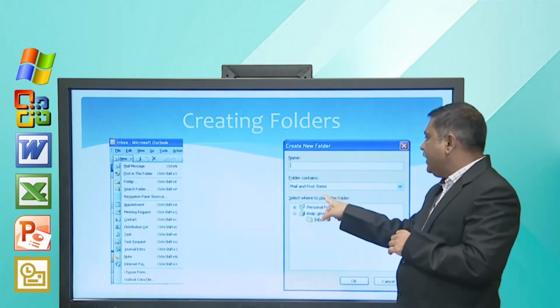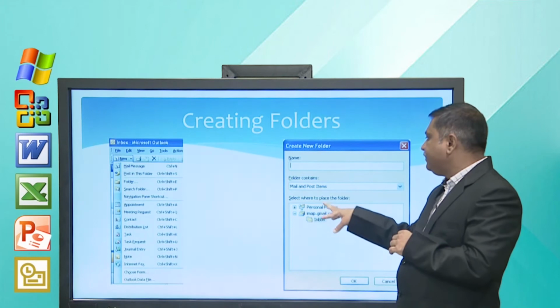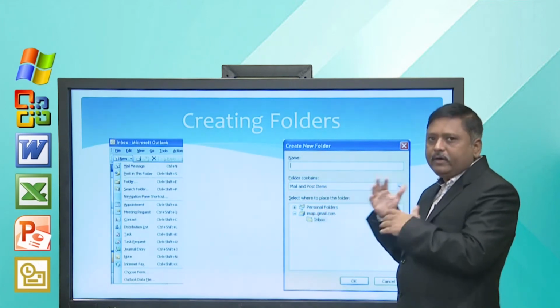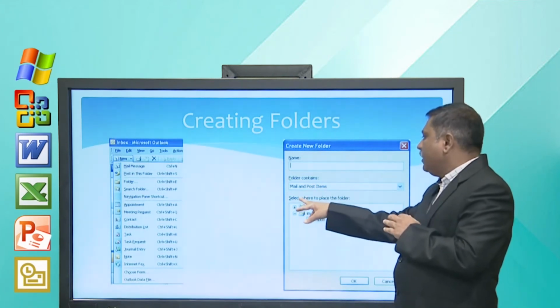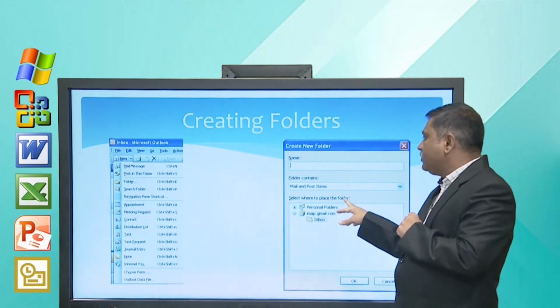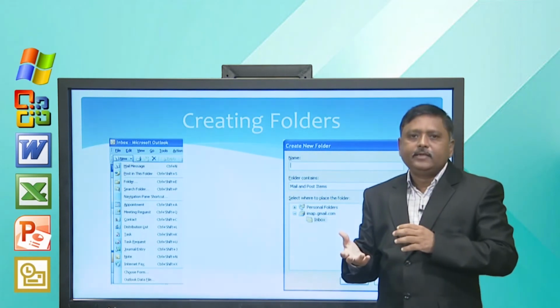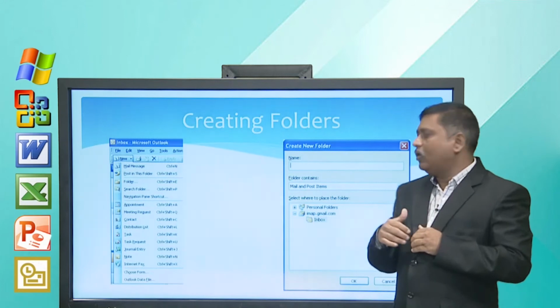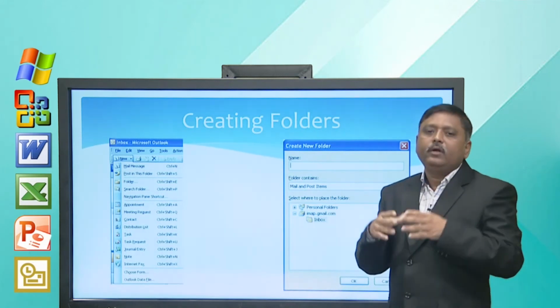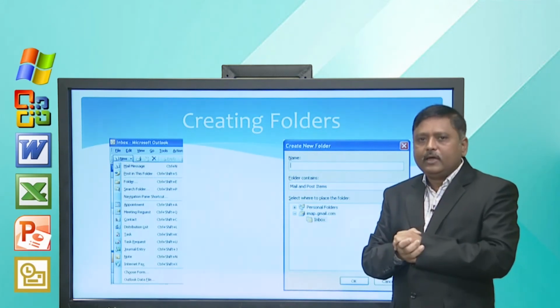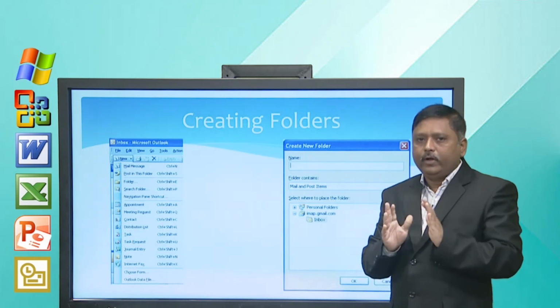It contains mail and post items, so accordingly it filters, and lastly you have to select where you want to place this folder, inside inbox or in a personalized folder likewise. So, this is how we can create a folder, right.